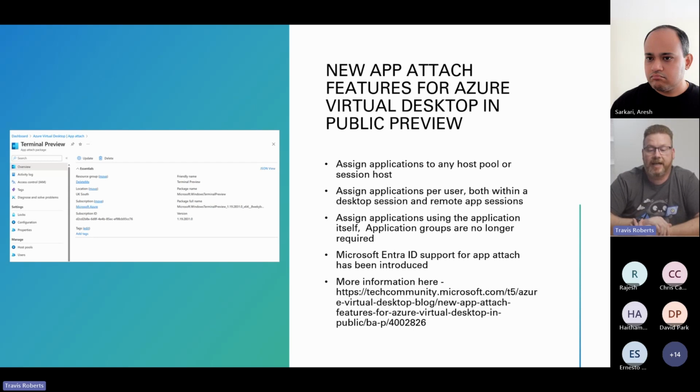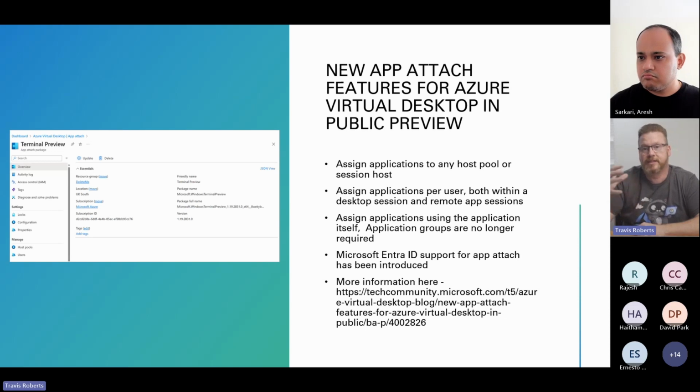There's a new app attach feature for Azure Virtual Desktop. So there's some new stuff out there on app attach, which is exciting. We can assign applications to any host pool or individual session hosts. We can assign applications per user, both within a desktop session or remote app. Assign applications using the application itself, so we don't need application groups to assign out those applications. Microsoft Entra ID support with app attach, and